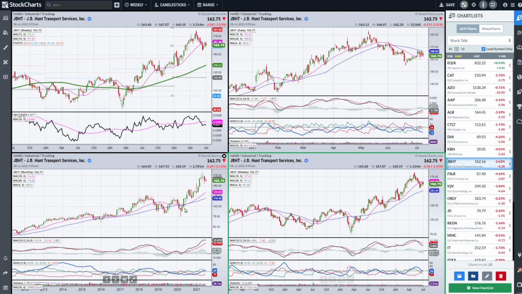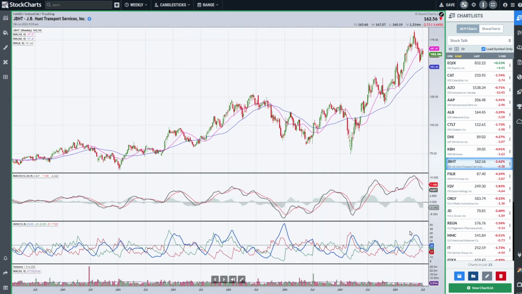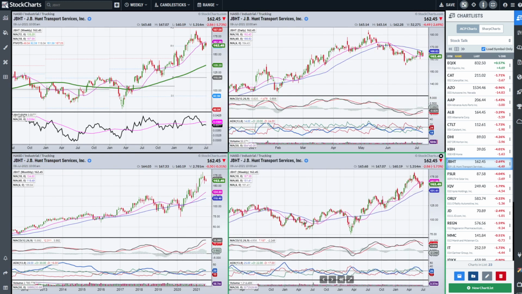JB Hunt made a pretty good move to the upside. Now we have sort of a similar theme, where the ADX on this was actually pretty decent. We had a pretty good reading up to the 35, 40 area, but sort of a spike high, and the reversal has overrun the 18-week. You see how you've broken the 18-week. And when I see that, I'm more of the opinion that this is probably going to take a little bit